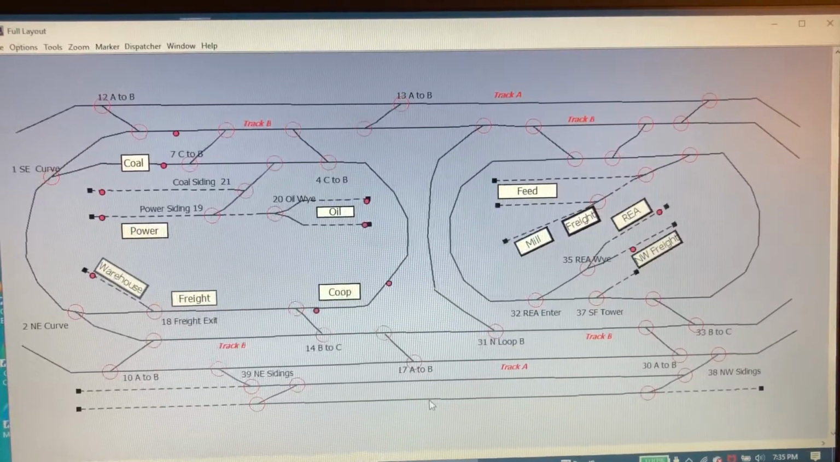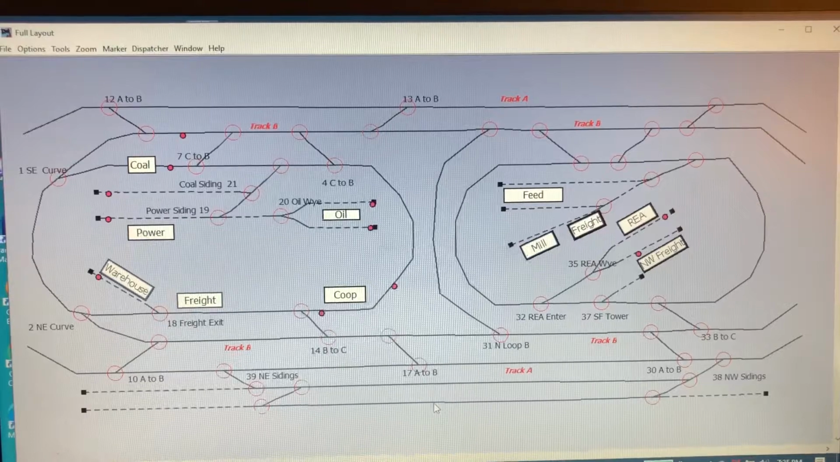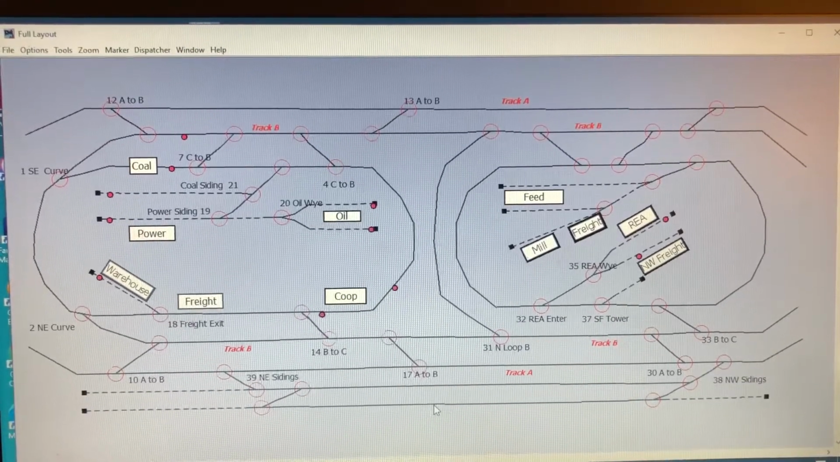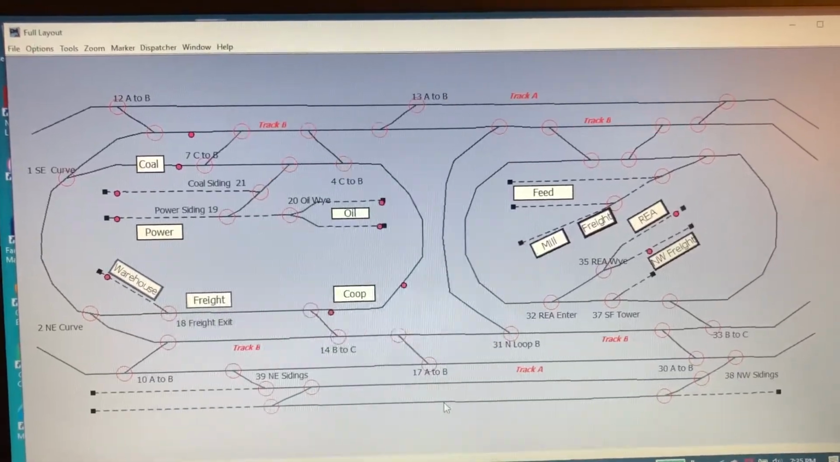Hello, model railroad fans. This video is going to be about running WiThrottle out of JMRI. But first I want to show you my layout